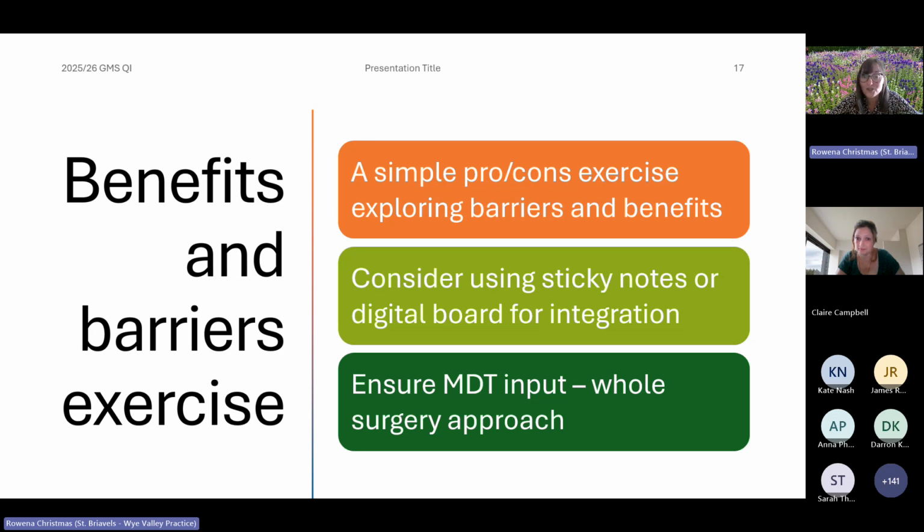Really encourage everyone to share their statements about continuity. If they're confident, get them to say them out loud or written down on sticky notes. Try and think about categories that will help you to find the achievable wins. So the benefits we've talked about: improved outcomes, reduced admissions, stronger therapeutic relationships, better understanding of patient history and context,